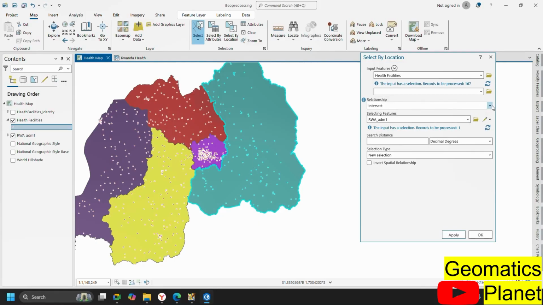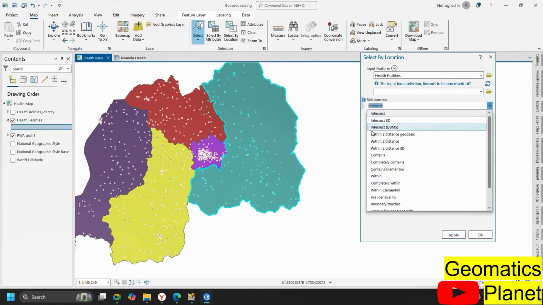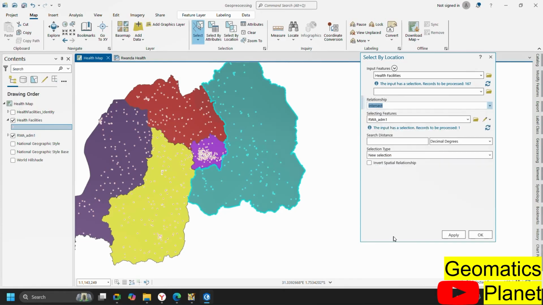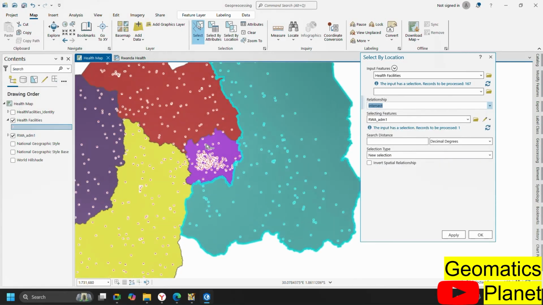So there are other tools here, like you can see 3D intersection, within geostatic, within a distance, contains, within, that are identical, that touches the boundary. So it depends on what you want to select. But what I want you to know is that if it is within a distance, searching through